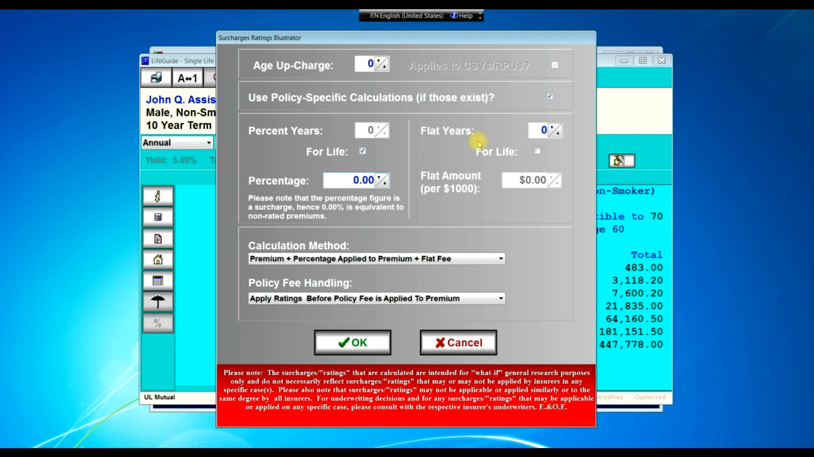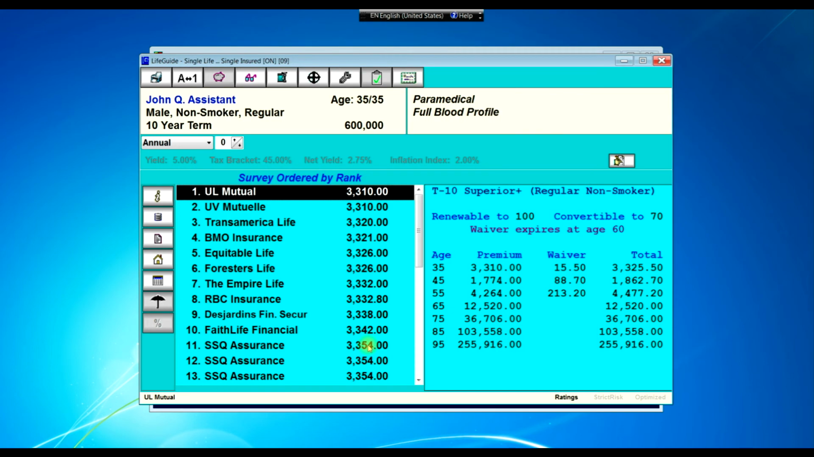So in that case, what happens is that a flat amount additional per thousand is applied. So let's say we apply a $5 per thousand additional for the next 5 years. So 5 years, and we'll apply a $5 per thousand additional. And this is what happens. It gets quite expensive with those additional, but that's sometimes quite justified. So to review,